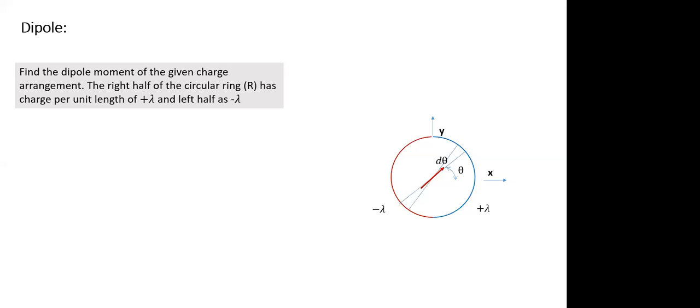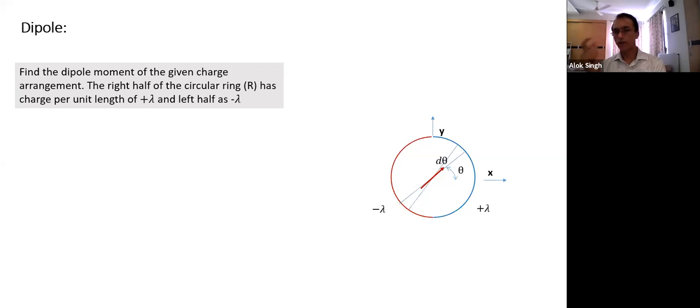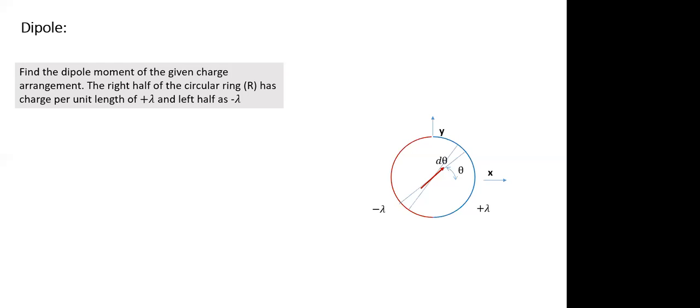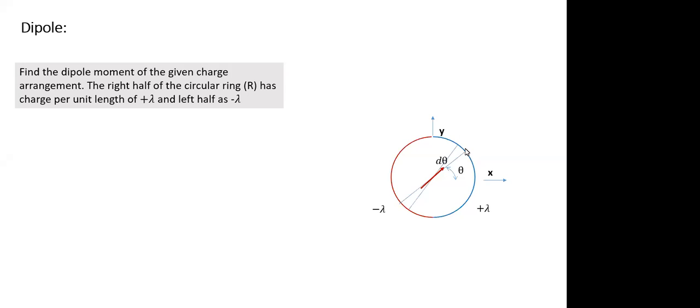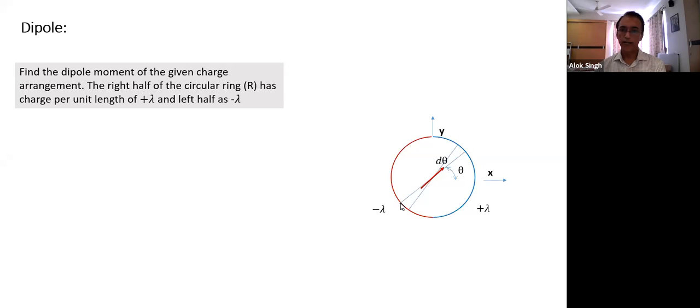Like we consider small random units. But for a dipole, can I consider only one unit, or do I have to consider a pair? A pair, sir. You have to consider a pair. The figure was a hint. So if I consider a pair, what is the pair I take? If I take an angular position theta here, I have to take another one diametrically opposite. If I take them as a pair, they form a dipole in this direction. So I can find dp, the dipole moment formed by a pair of diametrically opposite small elements.